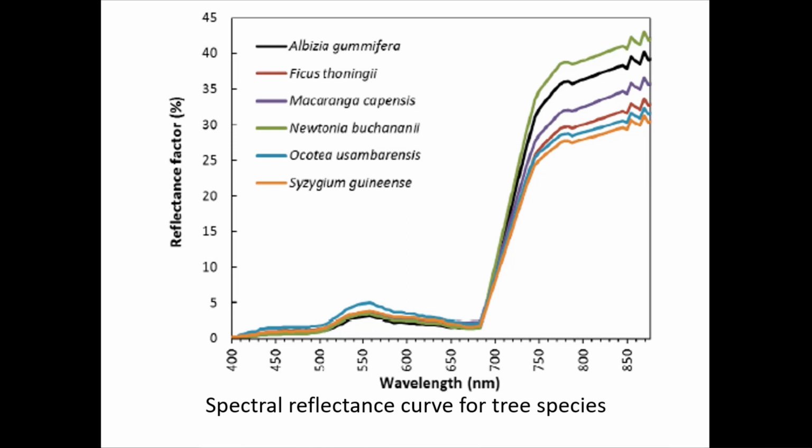It might all look green, right? Because here you can see at about 550 nanometer wavelength, the reflectance is high. The reflectance is about 5%. That means the ratio between reflected energy and incident energy is about 5%. Can you see that? What comes in the 550 wavelength range? Visible spectrum. 400 to 700 is our visible spectrum, right?